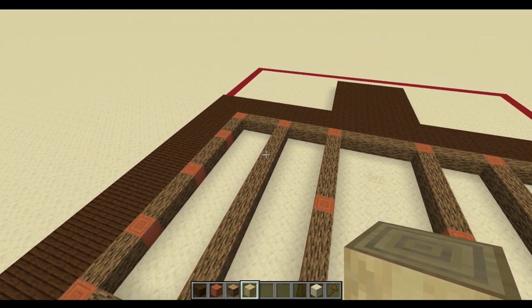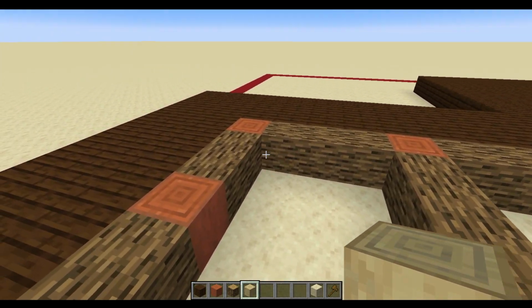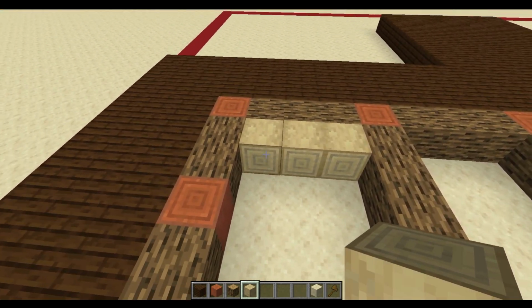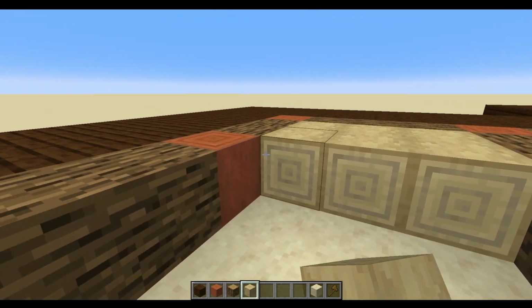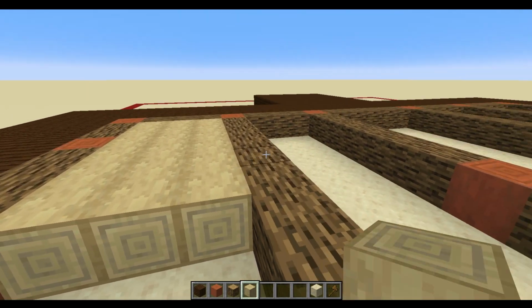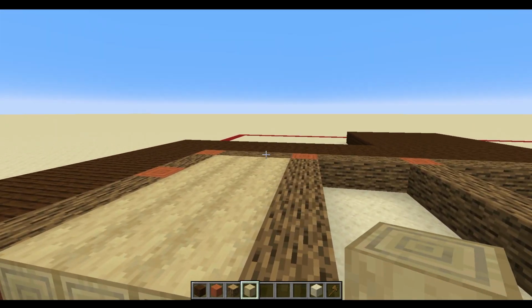With that framework laid out, we're just going to fill in the floors, and we're going to use the strip birch logs as tatami mats, and we're going to do that by placing all of them, and it does need to be in this orientation, going from the front to the back in 3 lines, and we're going to do that all the way along. Obviously 5 lines for the middle one,